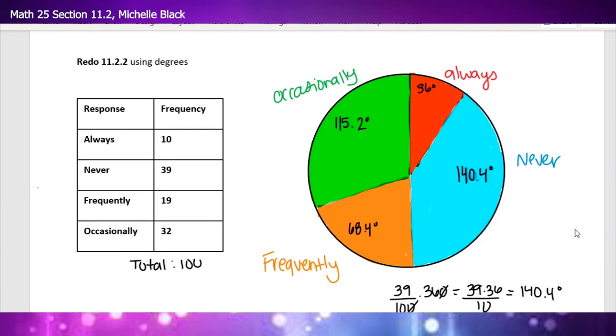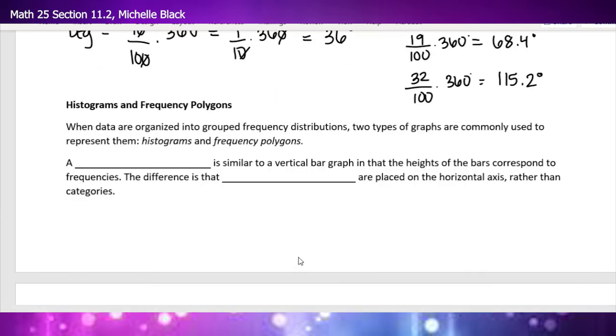Histograms and frequency polygons. When data are organized into grouped frequency distributions, so when we have numerical data, two types of graphs are commonly used to represent them, and they are histograms and frequency polygons. A histogram